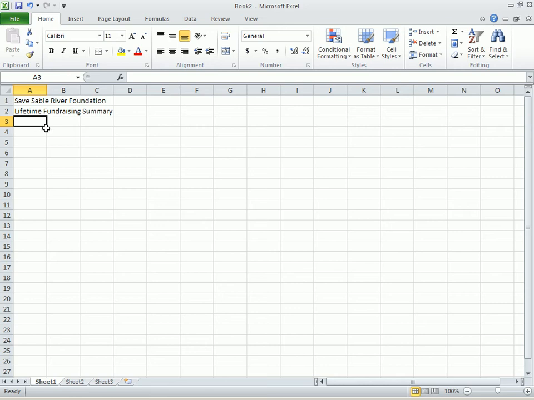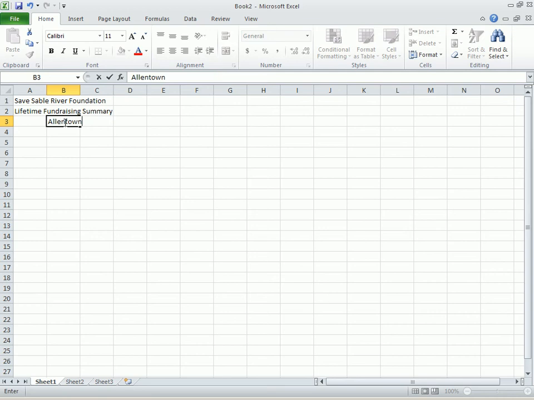Alright, so moving on to page EX10. Now that we have our title of our worksheet, we're going to be creating some column titles. So again, the columns are labeled with alphabets A, B, C, D, etc. And the rows are numbered 1, 2, 3. So we're going to enter a few different column names based on the textbook here. So the first one is going to be in B3,